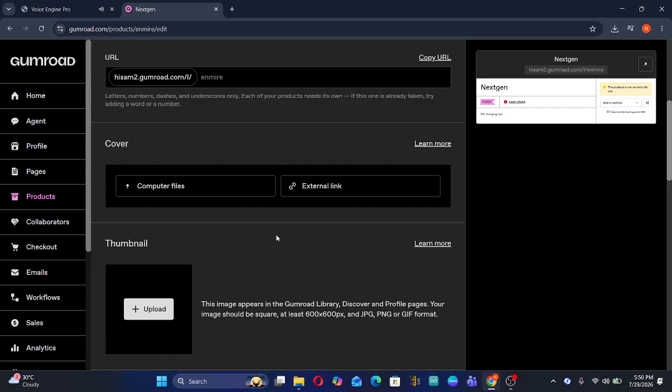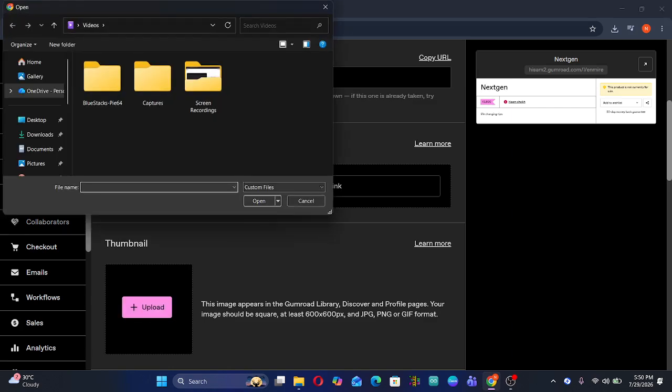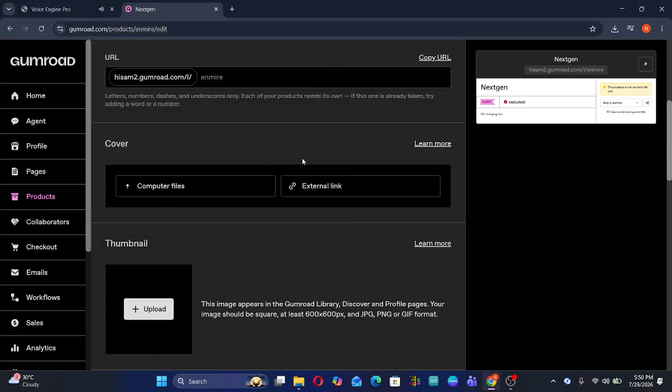themselves. In addition to the main image, make sure to upload a thumbnail as well. Thumbnails are often the first thing a potential buyer will see, so make it eye-catching yet informative. You want it to fit in well with your branding so that it's recognizable at a glance among other digital products. After you've added your images, you'll need to click on Save and Continue to move on to the next